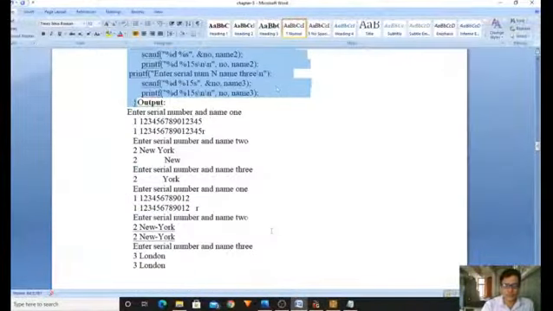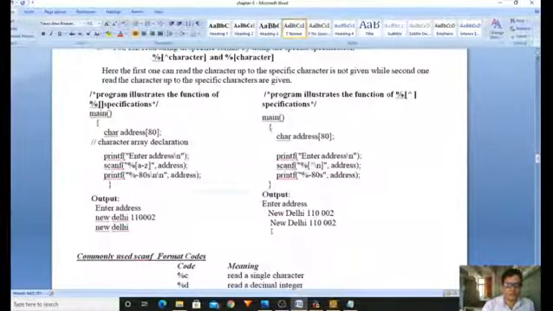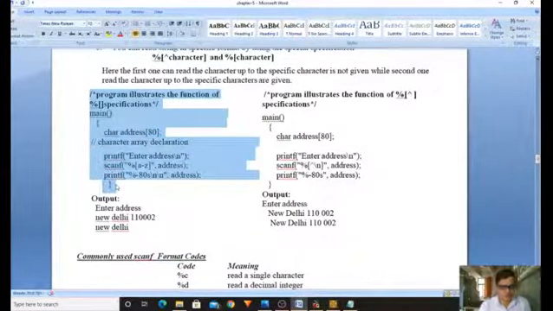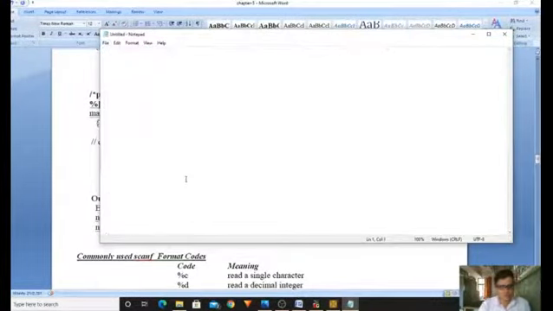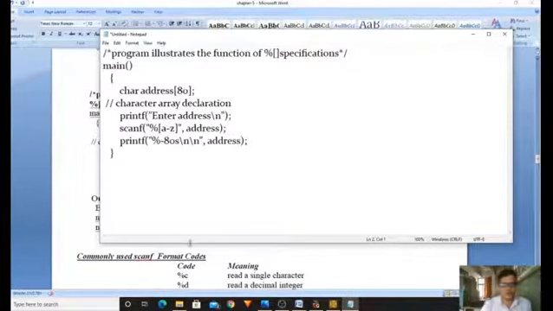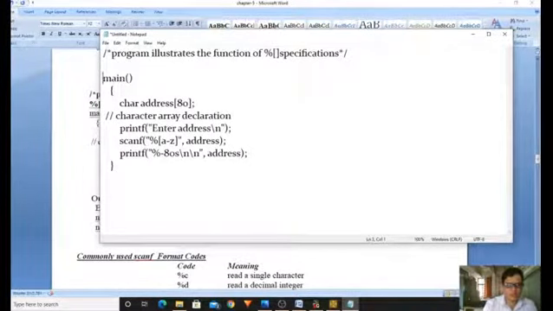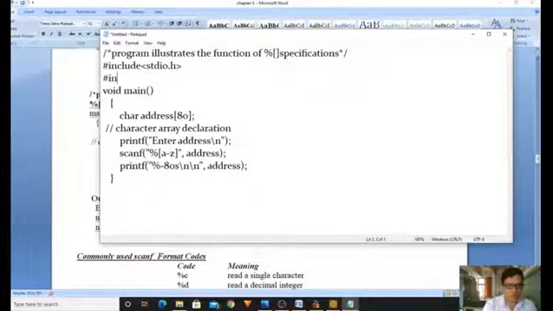Now I'm going to explain the special formats. The special format program, I'm copying this, let me copy, and I'm taking a new file. Okay, so we have to do modifications, that is void main, and here #include <stdio.h> and #include <conio.h>.